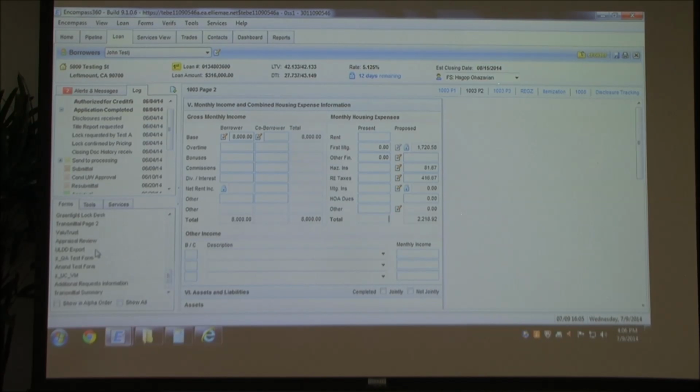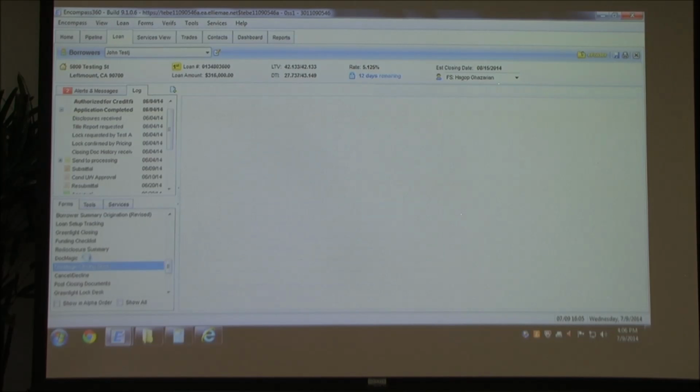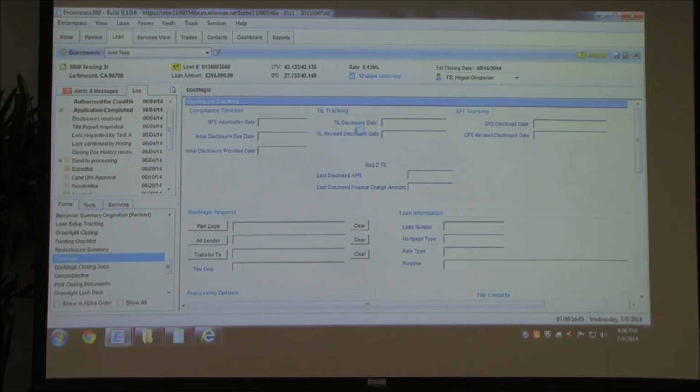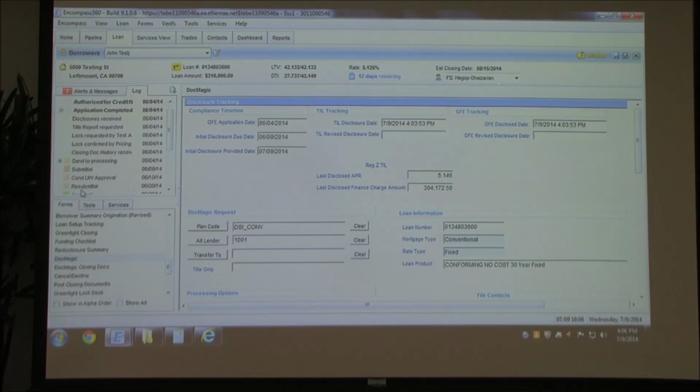So now that I have sent disclosures, if we go to DocMagic, you will notice that it now tracks that I've sent out a truth in lending. It identifies that a truth in lending has been sent, a GFE has been sent. It timestamps it and date stamps it. And now, if I go to my E folder,